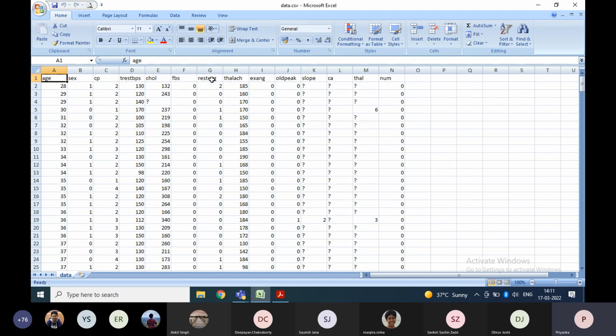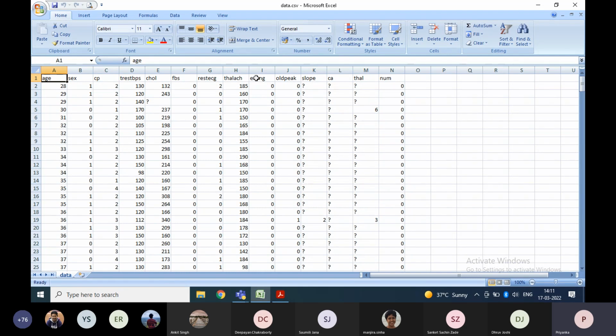So next is the rest ECG. Rest ECG means resting electrocardiographic results. 0 means it's normal, 1 means it's abnormal, and 2 means it's probable. We don't know much about that, it's a confusing situation. And in this data set, this column thalach is the maximum heart rate achieved during the test,